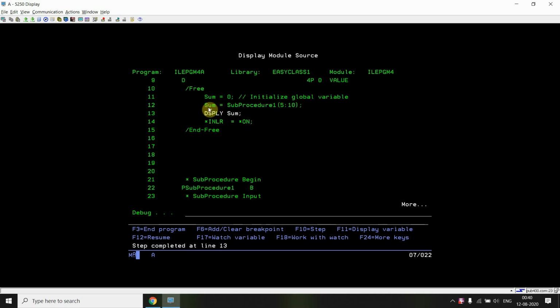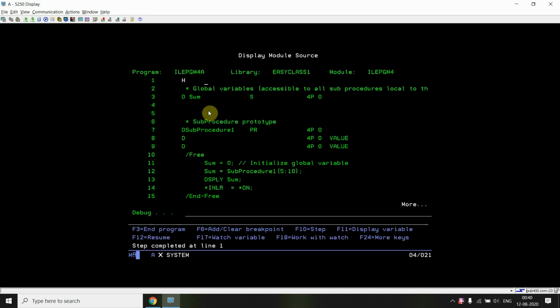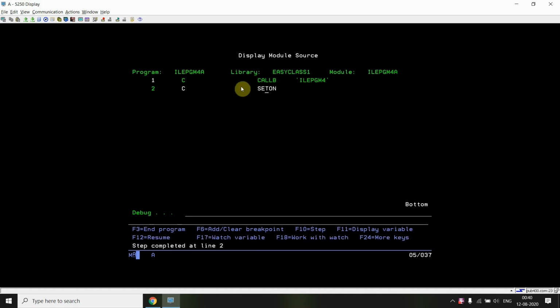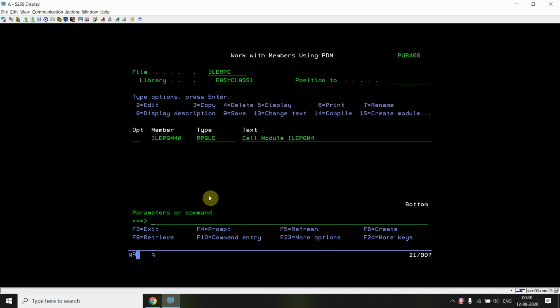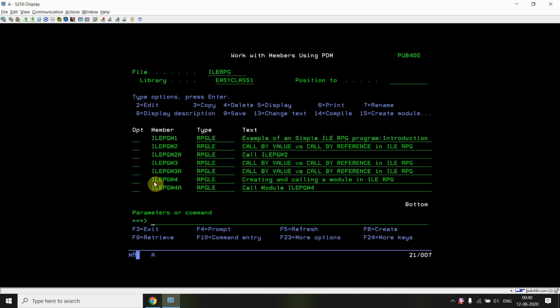The sum is returned as 15. I'm displaying that, returning this and setting on LR. So you can see how we have created the module object for this ILEPGM4, only the module object.